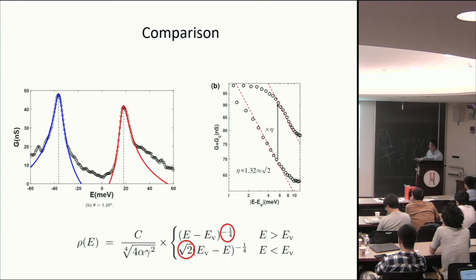Moreover, because this high order Van Hove singularity has an intrinsic asymmetry at +E and -E, they differ by a square root of 2. So it means that these two straight lines should be offset by a square root of 2. Okay, and here what we get is close. Right. So this is evidence that at least in this particular device, the system is close to this high order